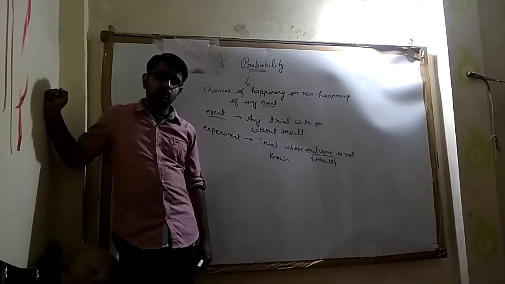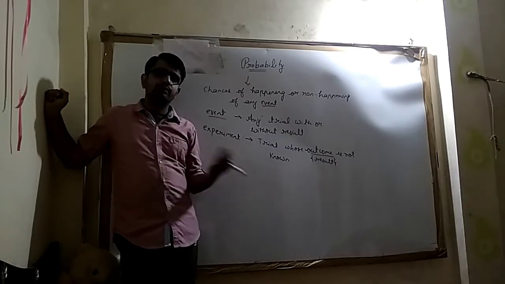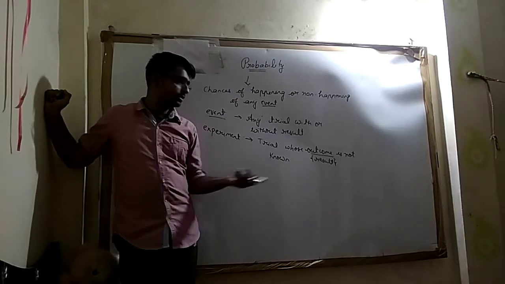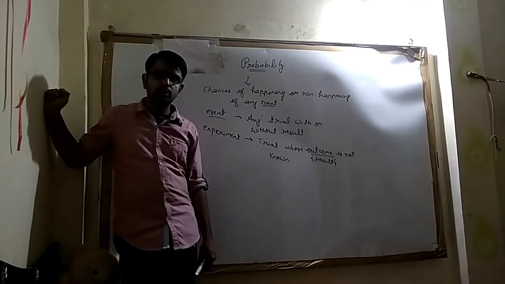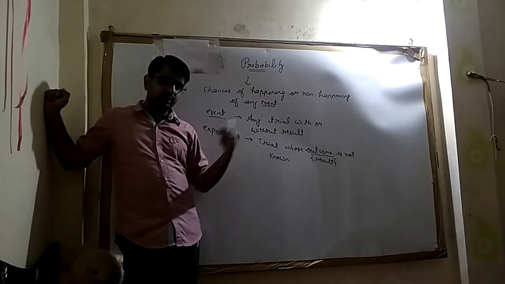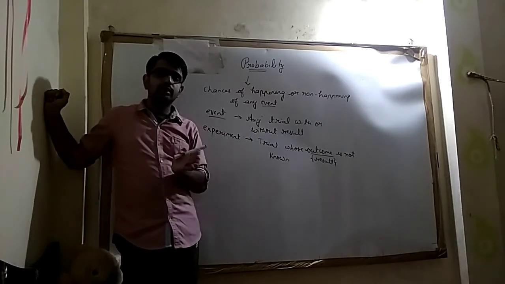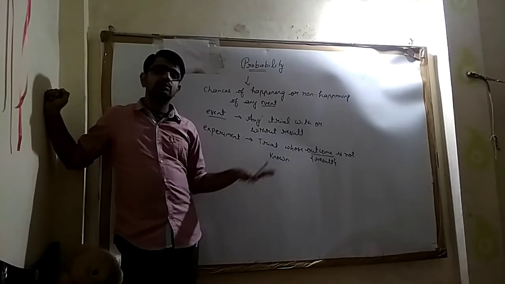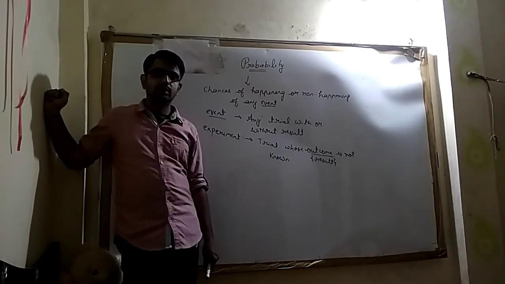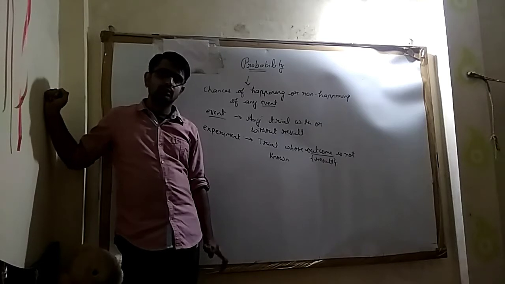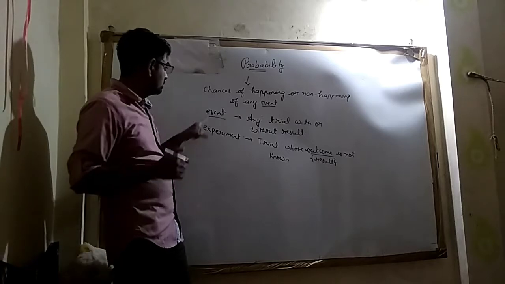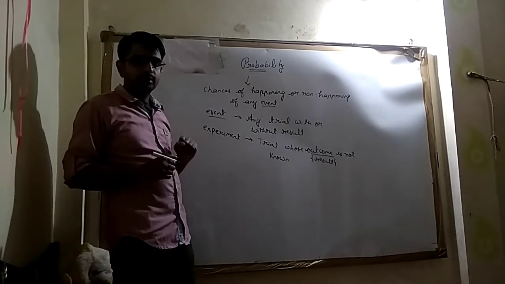I told you that a cricket match is an experiment. Why? Because till the last ball we don't know who is going to win and who is going to lose, so that means the outcome is not known earlier, we come to know later. But when we perform it, during the start we don't know about the result. Such a trial is known as an experiment. Okay, got it? Fine. Now coming to event again.